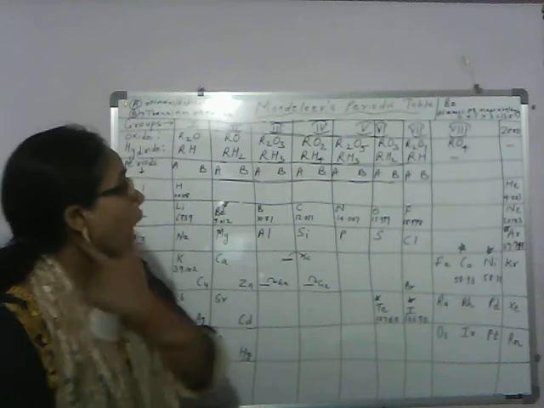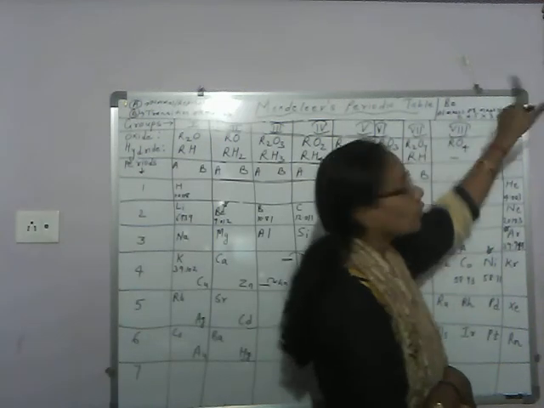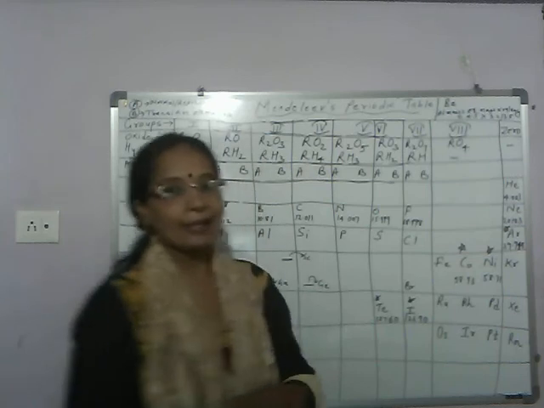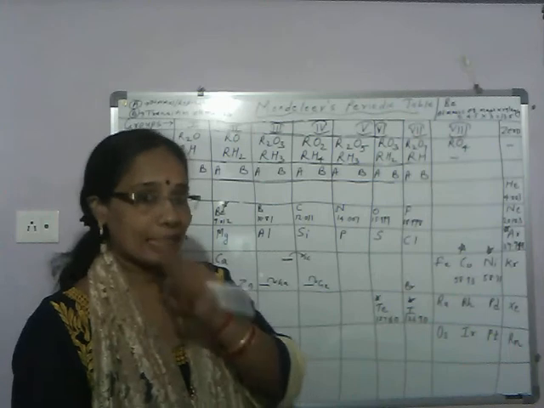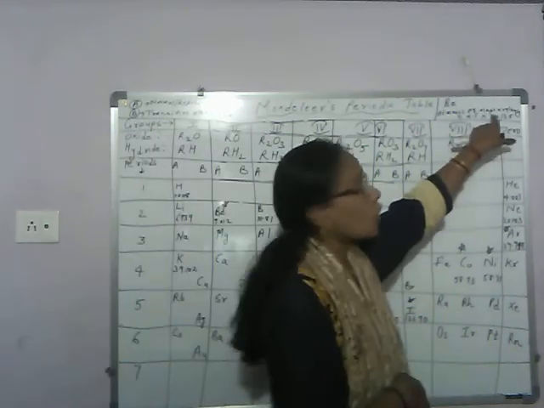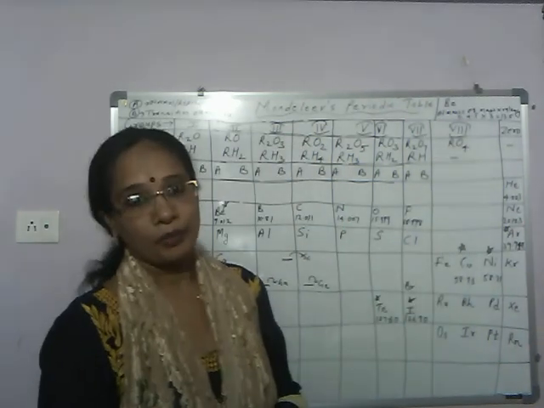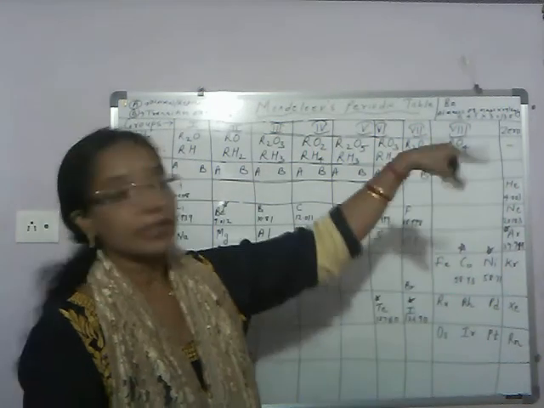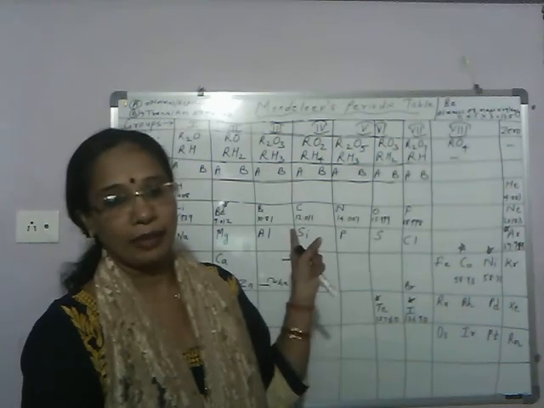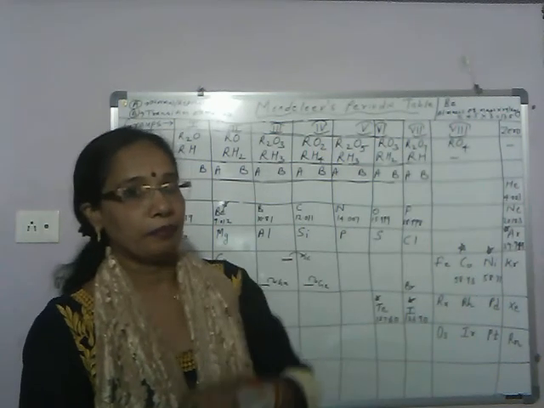How? How is atomic mass calculated? Atomic mass is equal to equivalent mass into valency. The equivalent mass of beryllium is 4.5, and the valency assigned was 3. This was wrongly calculated to be 3. So 4.5 into 3 is 13.5. This way the atomic mass of beryllium came to be 13.5.